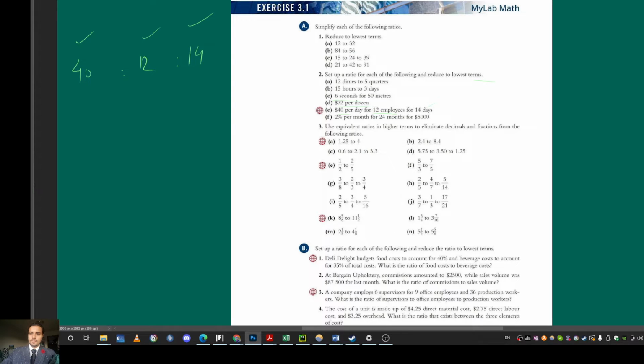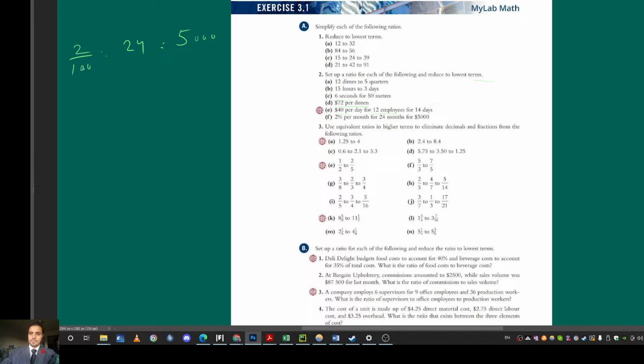So 6 seconds for 15 meters, you can do that. That's fine. As long as you know yourself what you're talking about, you don't want to get confused. For things like this, where you have 2 over 100, 2%, ratio 24 months, ratio 5,000, what we can do